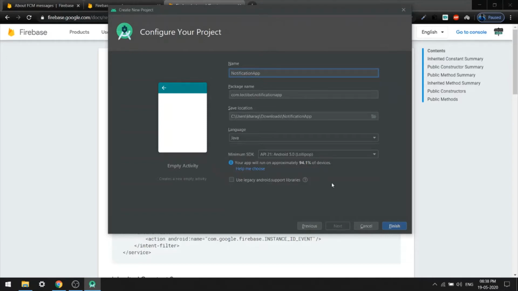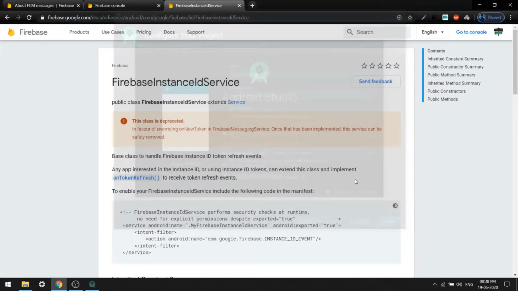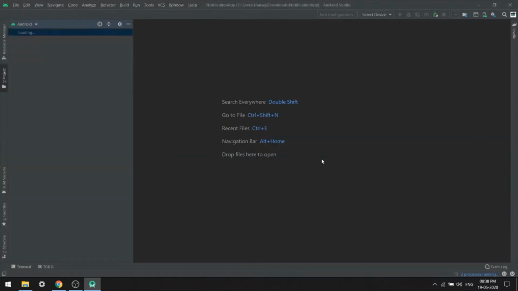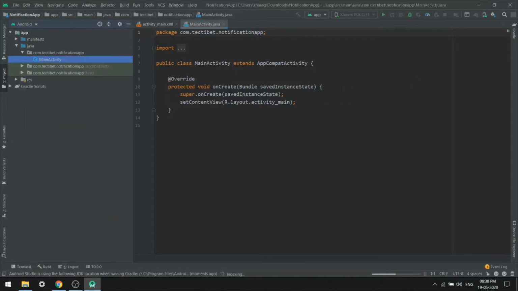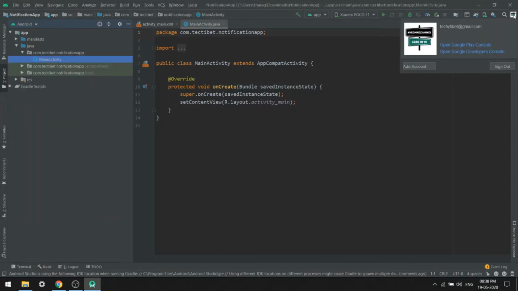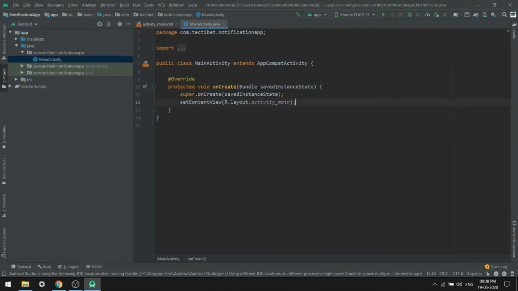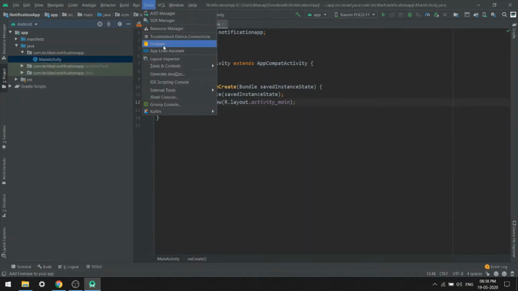Okay, and then finish it. This will take some time, and make sure you are logged in with your Gmail account so that we can connect to Firebase easily. So as you can see, I'm logged in with my Gmail account, and now to connect with Firebase you can just come to Tools and click on Firebase